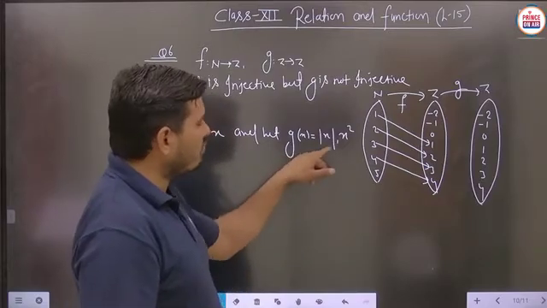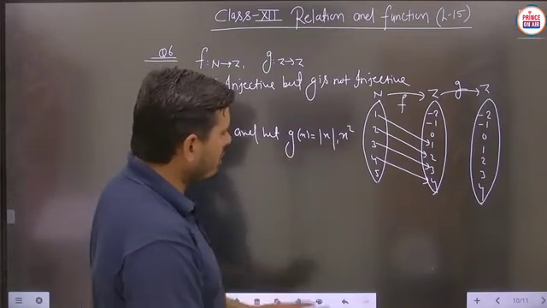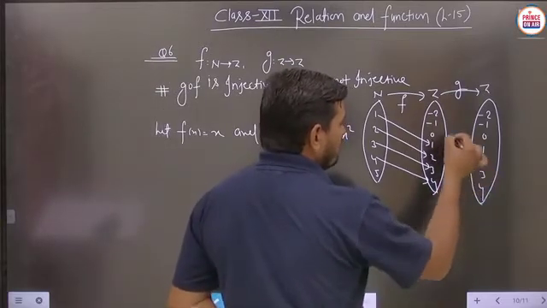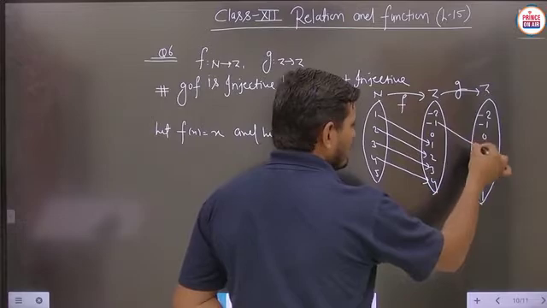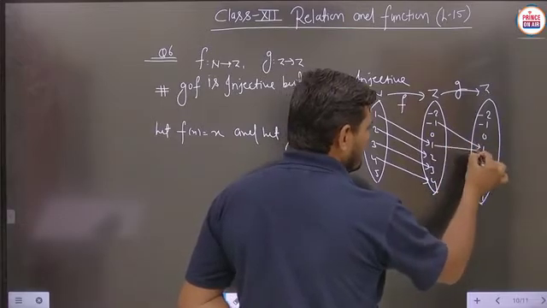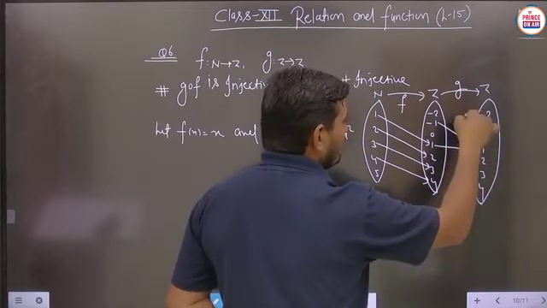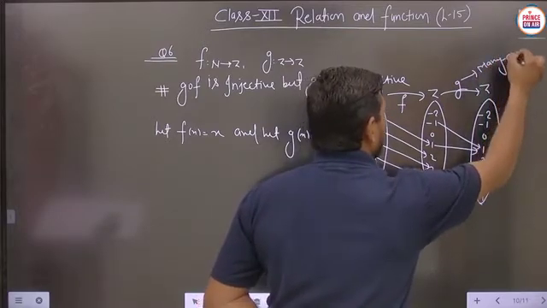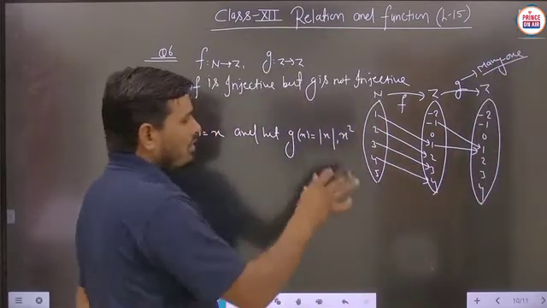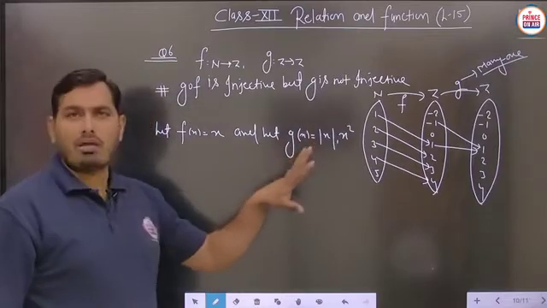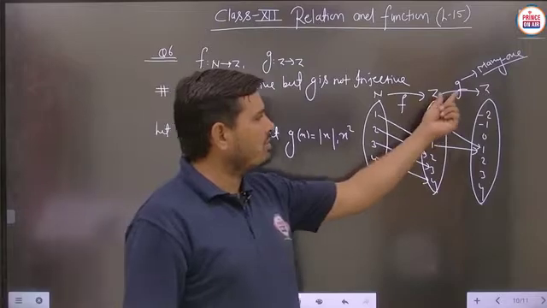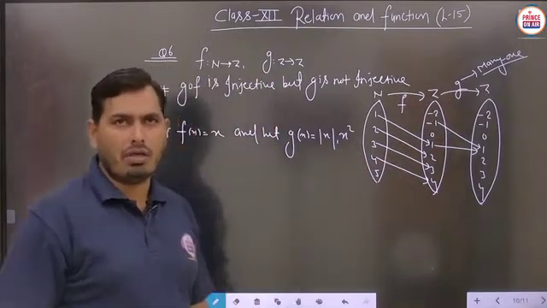Either modulus x or x square, because in both cases -2 and -1 each have two pre-images, that is, -1 has this image and 1 has this same image. So this g is said to be a many-one function. You can map this according to the given sets, and g is many-one, meaning this particular g function is not one-one.